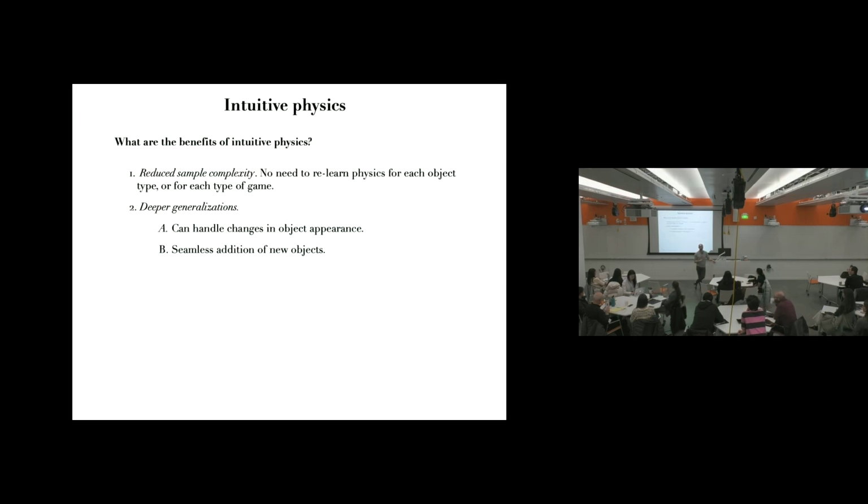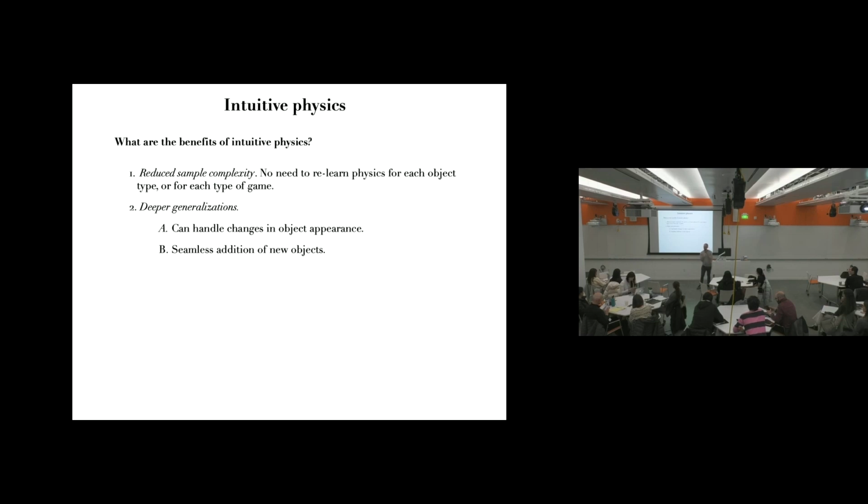And the benefits, if we think about this from a machine learning point of view, is that we have reduced sample complexity because in some sense evolution has done some of the learning for us already, and the baby's just ready to go with physics. And it helps babies do deeper generalizations. Because